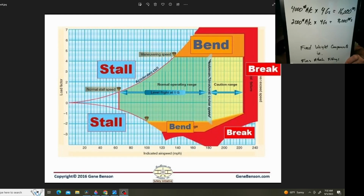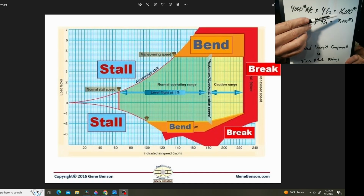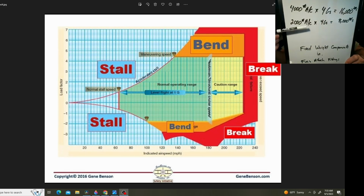So the counterintuitive part of this is about the wing loading. Remember when we did the wing loading calculations during the great snowstorm? A 4,000-pound aircraft at 4 Gs, those wings are producing 16,000 pounds of lift. But as we reduce our weight, say down to a 2,000-pound aircraft at 4 Gs, those wings are only producing 8,000 pounds of lift. So it may not be the wings that fail themselves, it may be the rest of